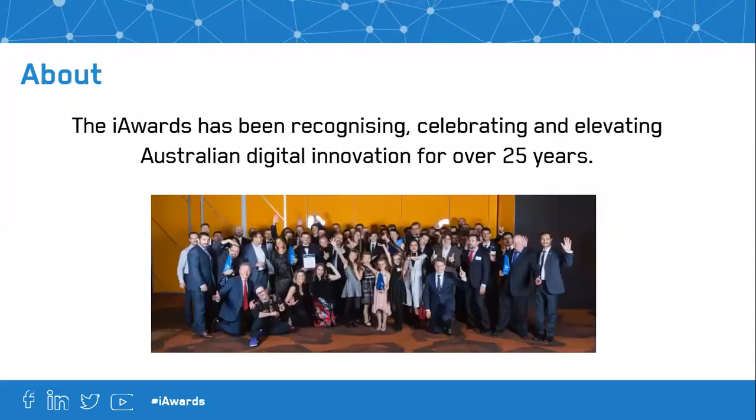So we'll move along. Just a bit about the iAwards. We have been recognising, celebrating and elevating Australian digital innovation for over 25 years. We have unearthed homegrown Australian innovators from the likes of Atlassian, WiseTech Global and even Google Maps.